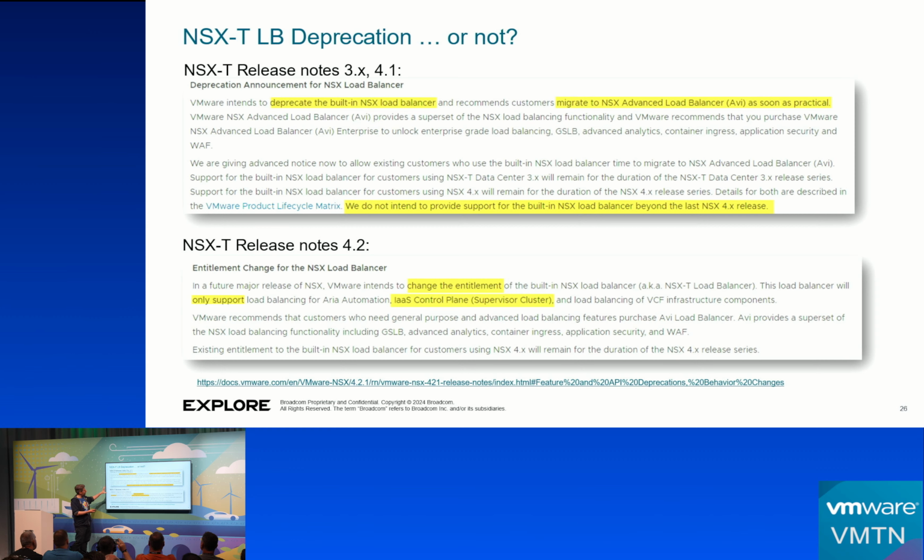Pay close attention to what is going to happen with AVI in combination with VCF or with VVF the next few years, because things will change a little bit. This is all going to change. I don't think NSX-T load balancer will end up being used at all, and I think that integration will go away eventually. Or the other extreme is that the AVI goes away, but I don't think so.